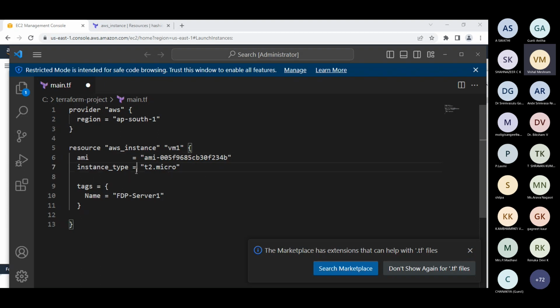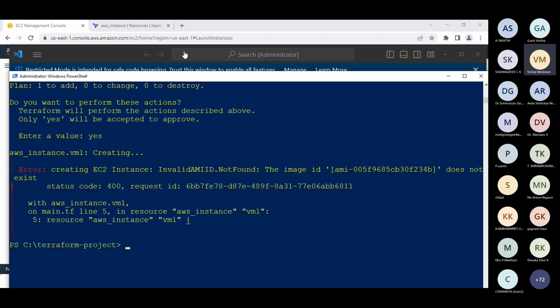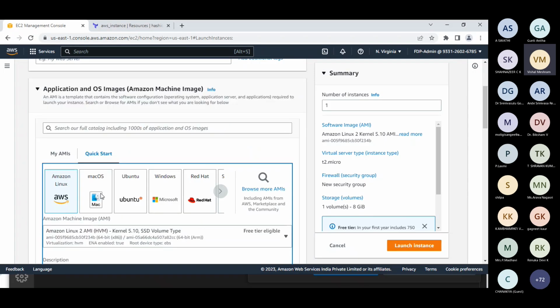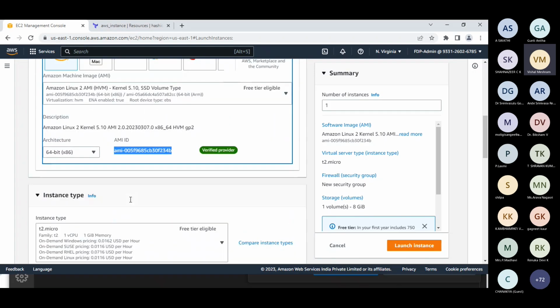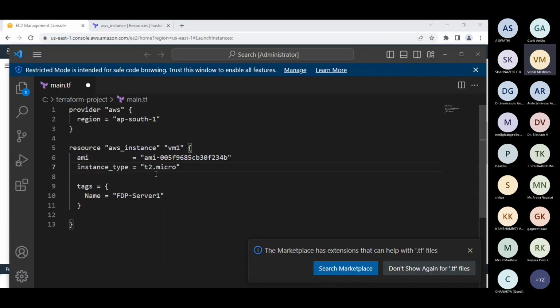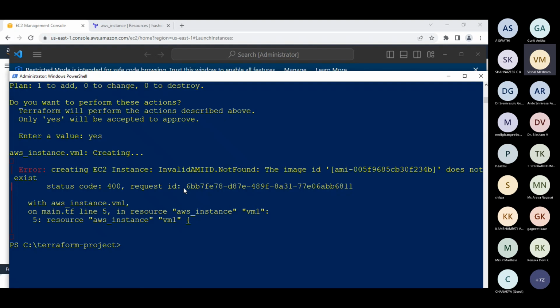AMI is equal to this, then instance t2.micro. This is correct. Let me check that Amazon machine, t2.micro. Okay, so let me save it once, and let me rerun the